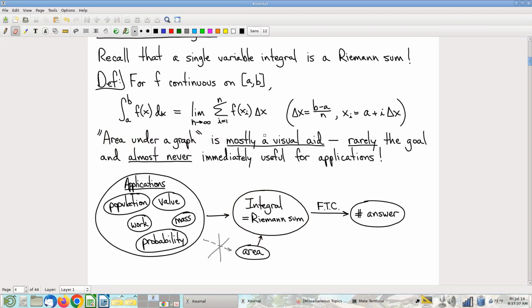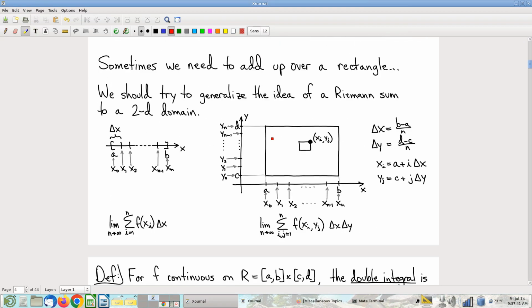Alrighty, so integrals are Riemann sums. Now let's ask the question, what if I needed to do a Riemann sum-like construction, but instead of chopping up an interval into pieces, what if I had to chop up an entire rectangle? What if I had a two-dimensional